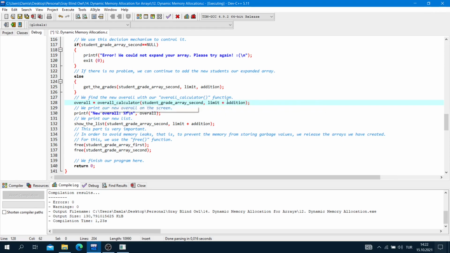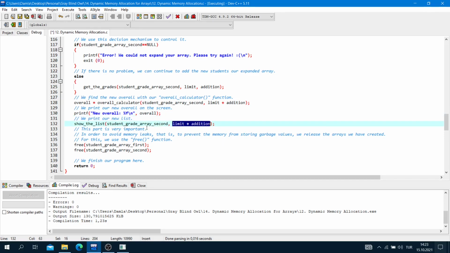We send limit plus addition as a limit value because our limit has changed above. We print our new overall on the screen, new overall percent sign f, overall. We print our new list, show the list, student grade array second, and limit plus addition again, as you can see.